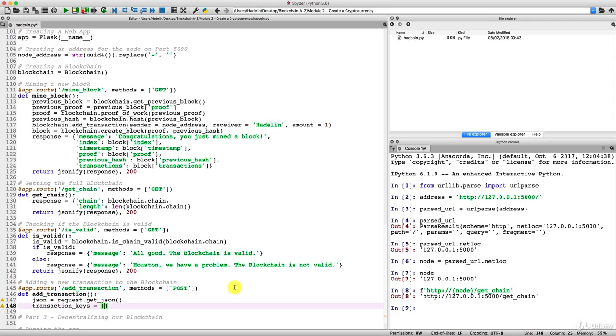And these are first the sender, then the receiver, and eventually the amount. All right, so that's the 3 keys that any transaction posted into Postman must contain.